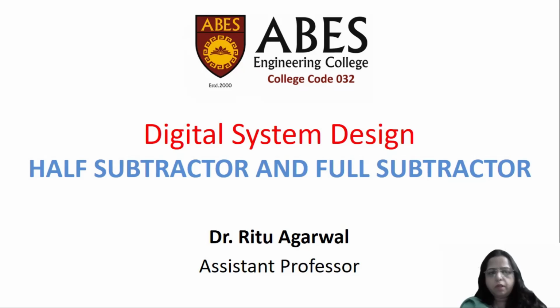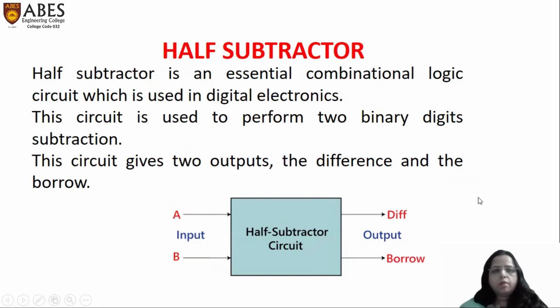Students, today we will be discussing another topic of Unit 2, that is combination circuits: the half subtractor and the full subtractor. In the half subtractor and the full subtractor, we perform subtraction of bits. First of all, we will discuss the half subtractor, which is an essential combination circuit used in digital electronics. This circuit is used to perform two binary digit subtraction, and it gives two outputs, the difference